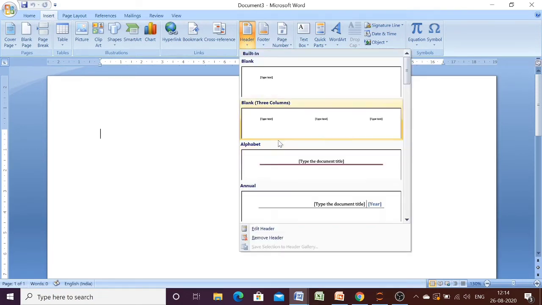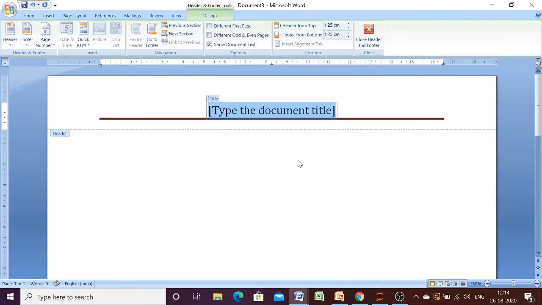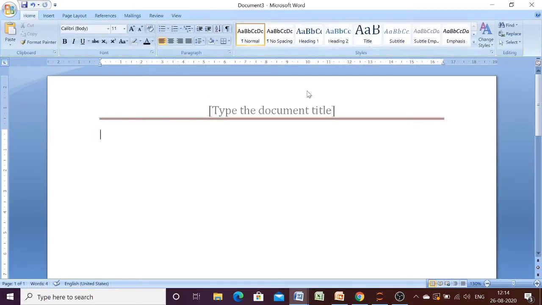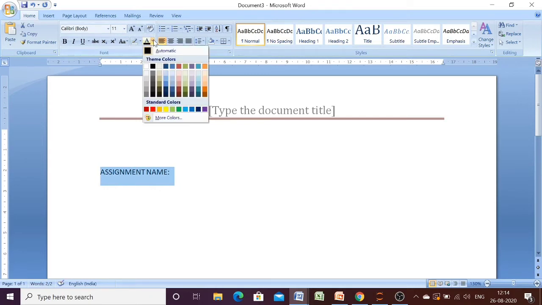Suppose I am writing here, we have added the header. Then suppose you want to write here the assignment name. Here the name should be given. So design any template as per your choice.